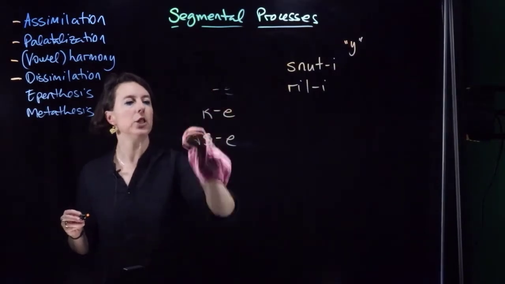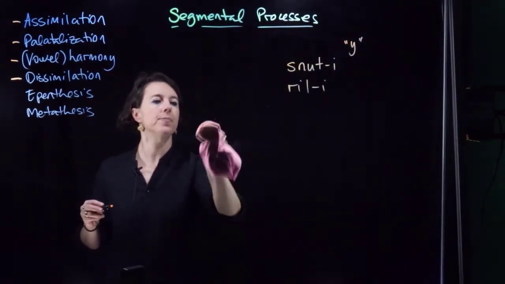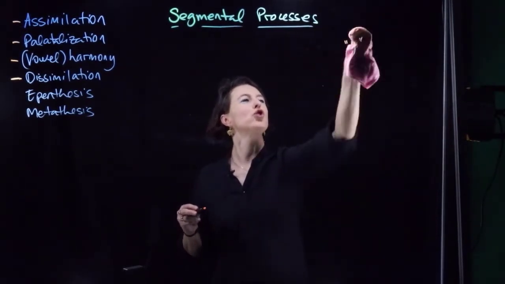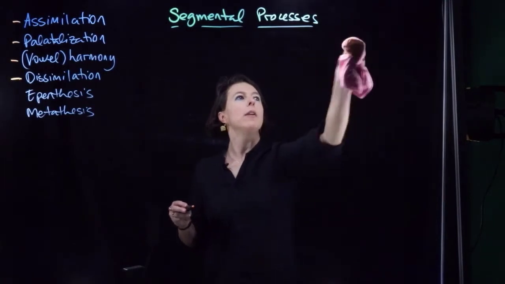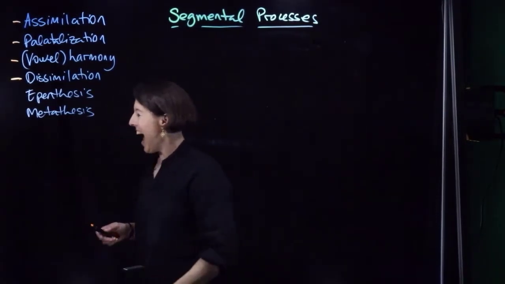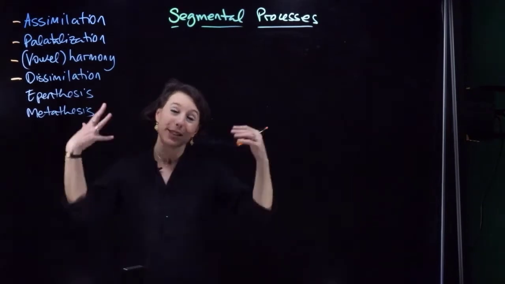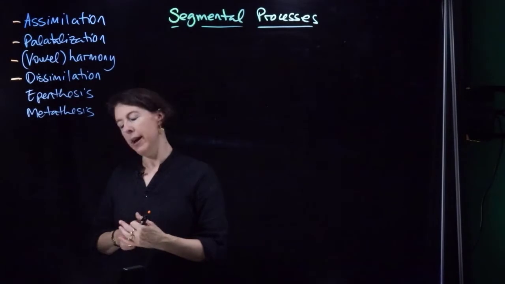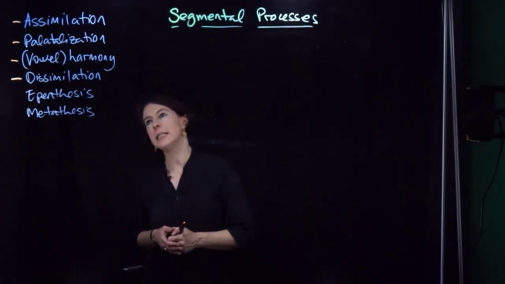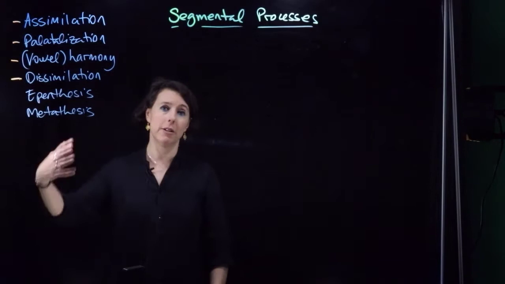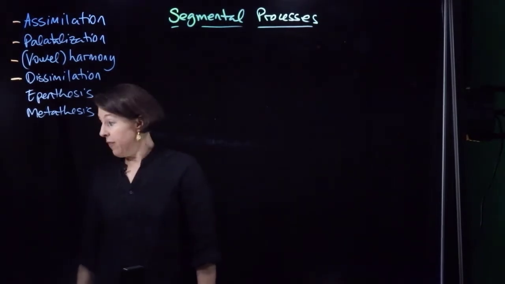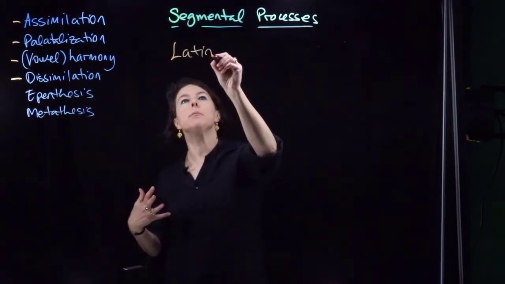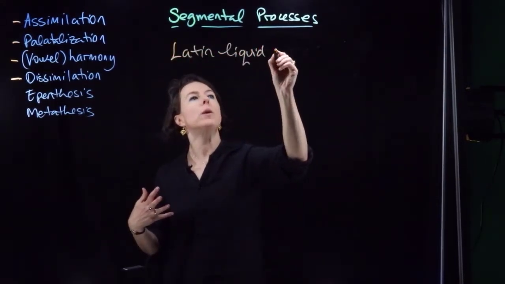So dissimilation is, right, obviously the opposite of assimilation. And the particular example we're going to look at does involve consonants across the word. Dissimilation isn't super frequent, pretty rare, but it's, well, historically important. There's some important historical examples involving dissimilation. And my favourite example is Latin liquid dissimilation. Okay. Liquid